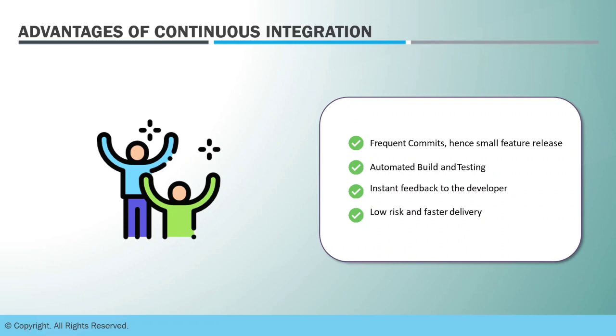Then low risk and faster delivery, because we are not involving humans here, so there are fewer chances of human errors, and the steps are automated. So exactly the same test cases, exactly the same build steps, packaging steps will run automatically, and every step will just require seconds or milliseconds to run, or maybe a few minutes for building or packaging of code. But yes, the risk of human errors, missing steps, missing test cases, or wrong test cases being run will be negligible if the first continuous integration run is successful. So yes, other executions will also be error free in this way.